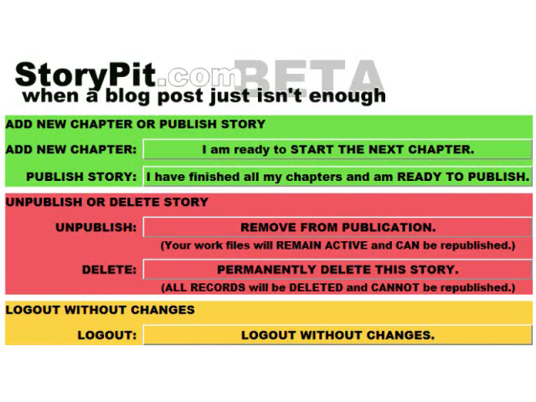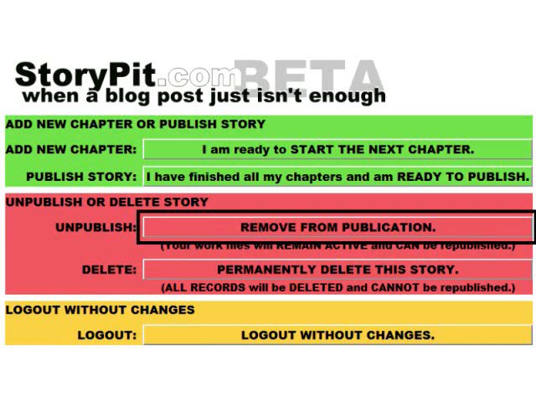If your story has already been published and you wish to remove it from public view, click the Remove from Publication or Unpublish button. This button will remove your story from publication so that nobody can see it. However, your working files will remain in the database, and you can access them by logging into the story through the StoryMaker interface. You can also republish your story later. Please note that the working files for your unpublished stories will automatically be deleted from the database after 30 days